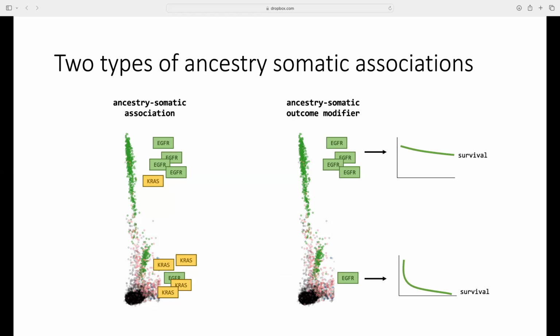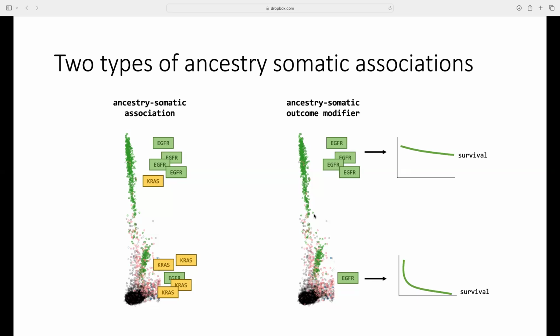And again, the mechanisms of this could be environmental factors, for example, that are different between these two individuals, or other genetic interactions with ancestry. And environmental factors, there's a whole can of worms of what possible factors those can be, including when these patients get diagnosed, how much lead time bias there is until they're sequenced, which kind of treatments they receive, how much access they have to the healthcare system.